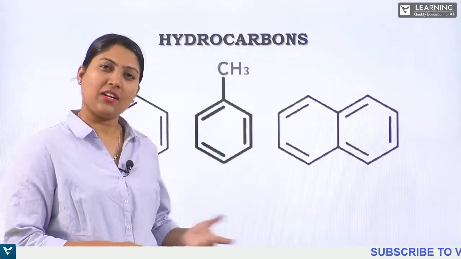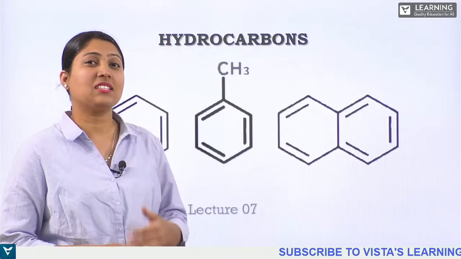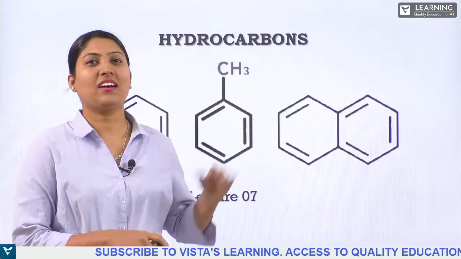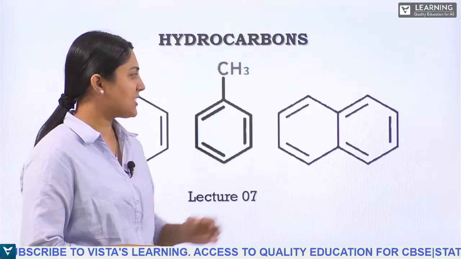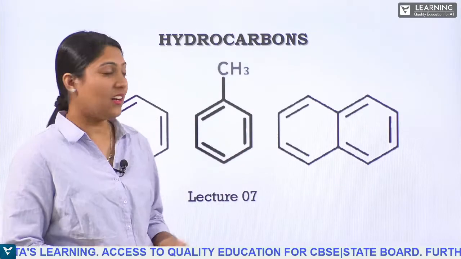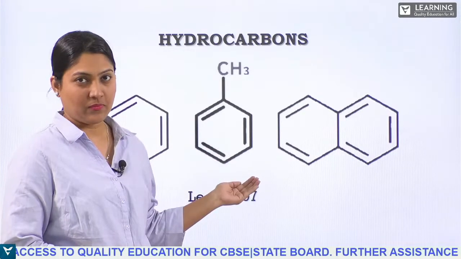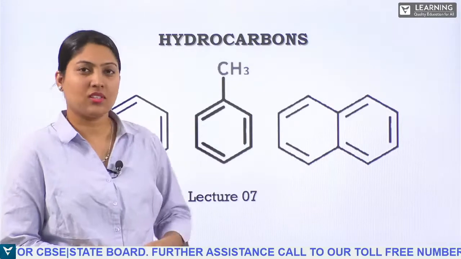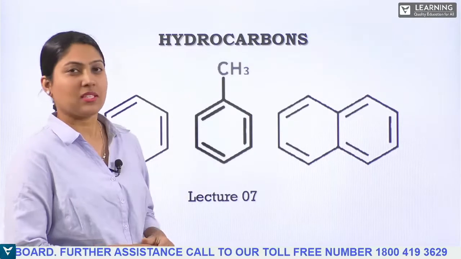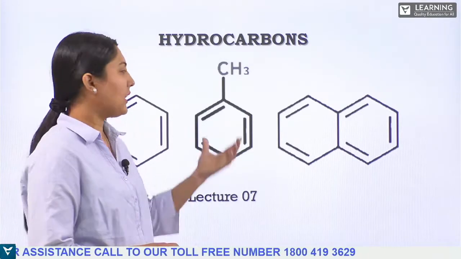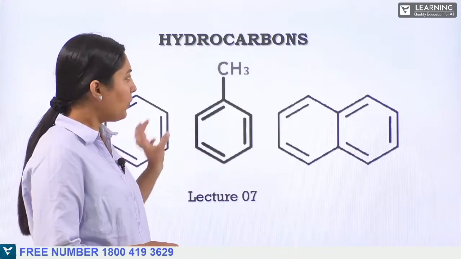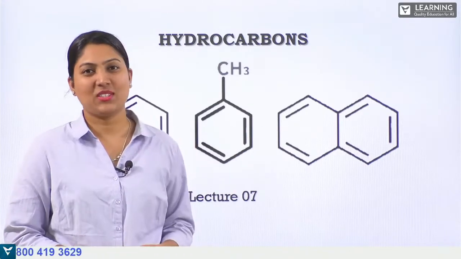Hydrocarbons. Again hydrocarbons. We have already finished the 6th lecture and this is the 7th lecture, but we are still in hydrocarbons. And what are these? These are the aromatic compounds. Here we have benzene and other substituents where hydrogen is substituted with other groups, and those will be the benzene derivatives. So we are studying these things today.